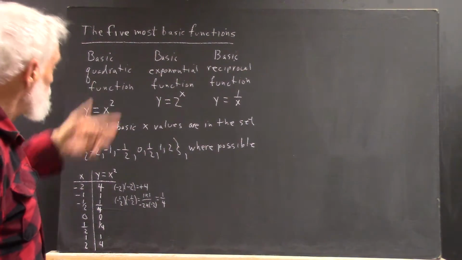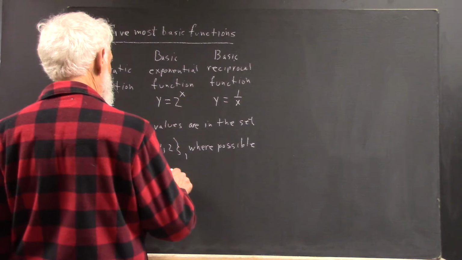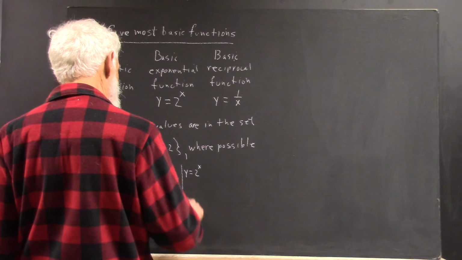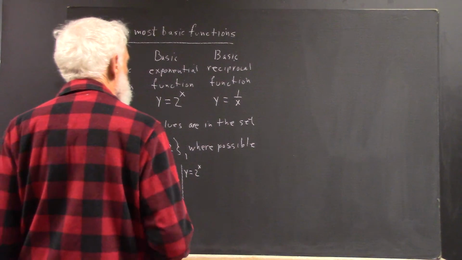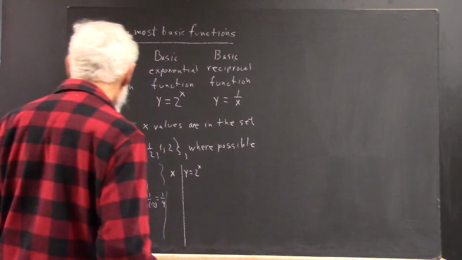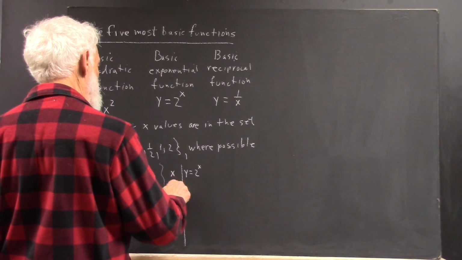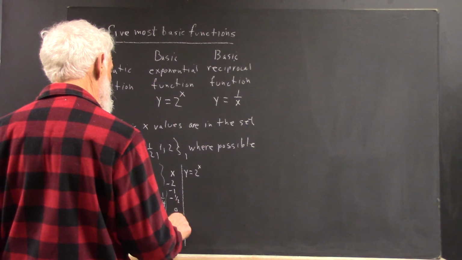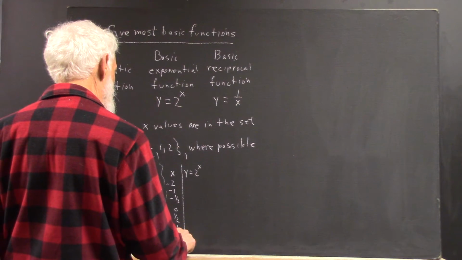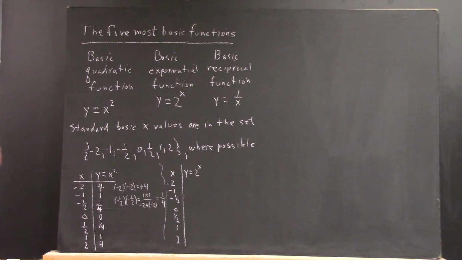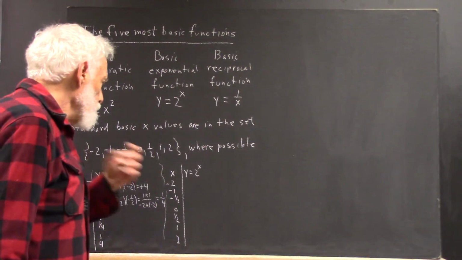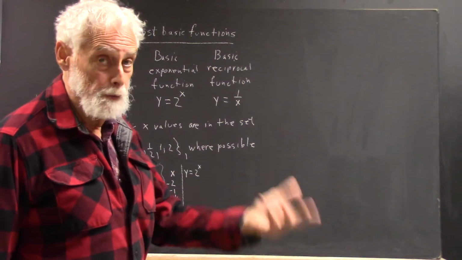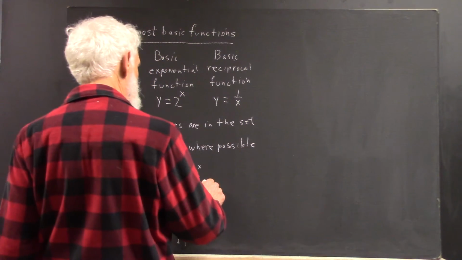Okay, now our 2 to the x function. So let's just list x and y equals 2 raised to the x. Okay, our x values are, again, negative 2, negative 1, negative 1/2, 0, 1/2, 1, and 2. Okay, so let's evaluate y equals 2 raised to the negative 2. Now, of course, we have to understand, in this case, well, let's see, 2 to the negative 2,